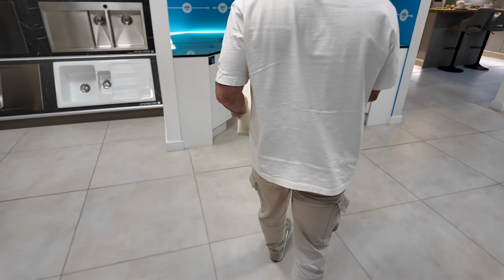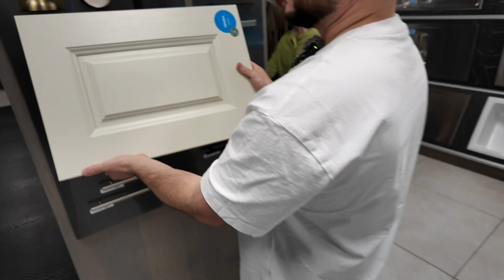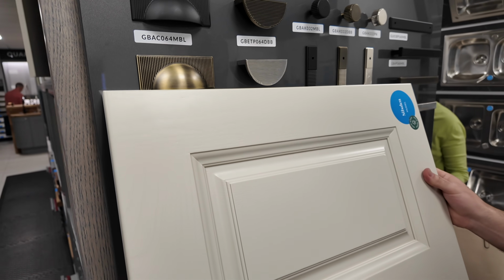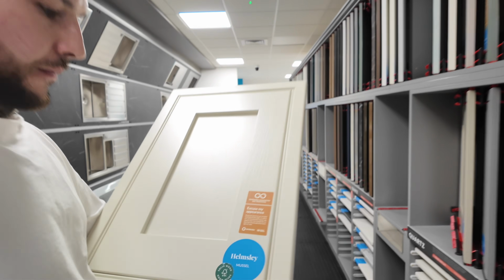Let's get right in the light. And then if you put that against the likes of that. Ooh. Like that. I do like that. So I think we prefer...